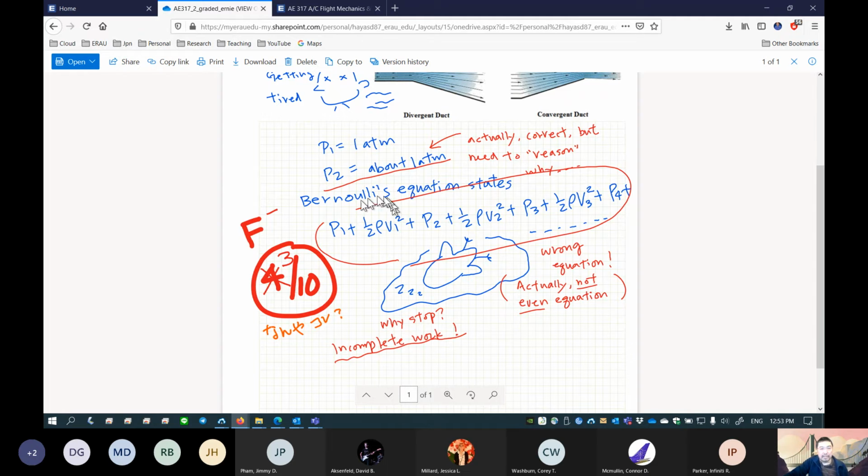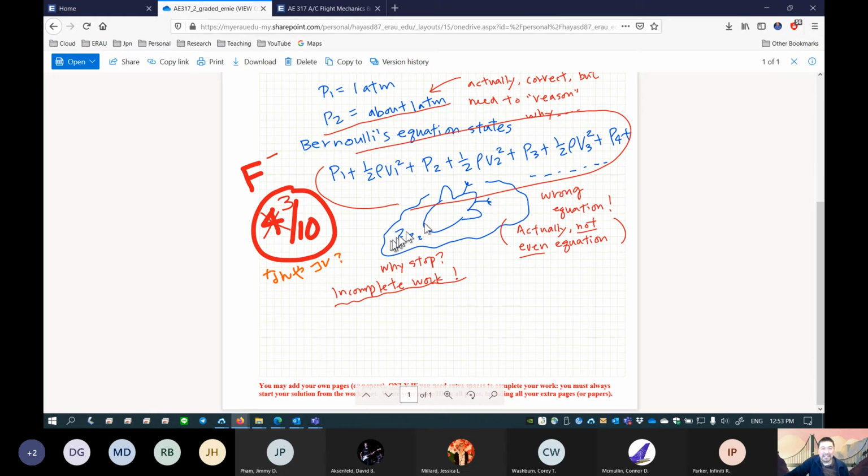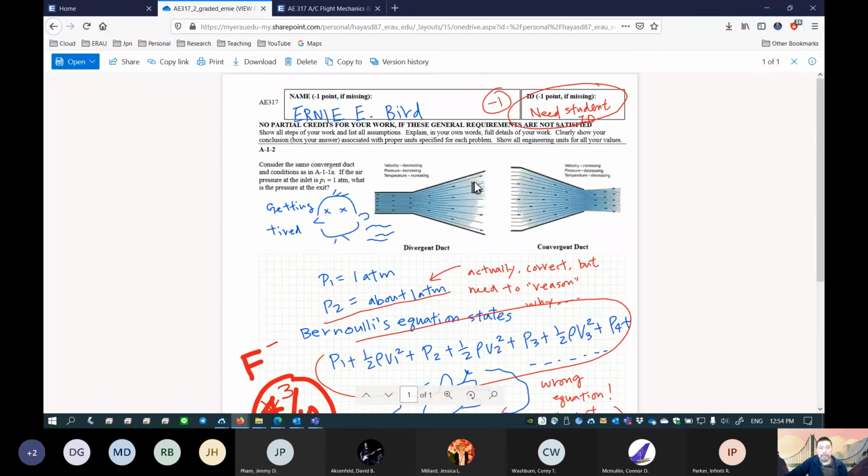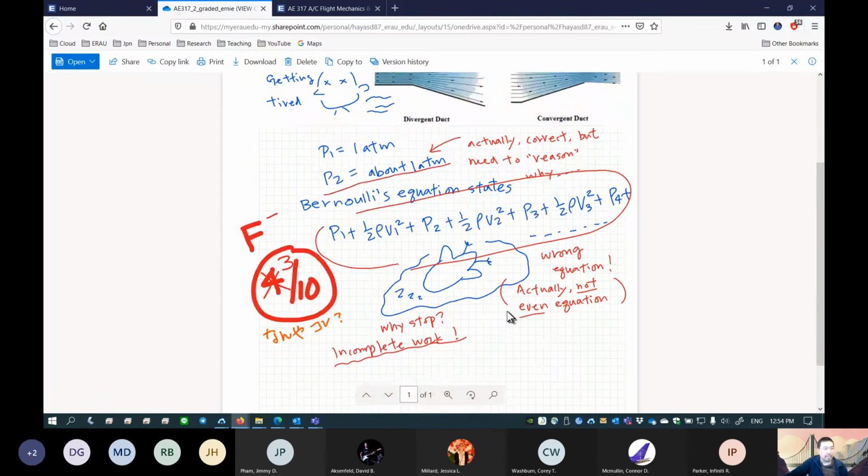And then this looks like an equation, but this is not even an equation. It looks like Bernoulli, but it's not Bernoulli. It's a wrong equation, actually not even an equation, because there's no equal sign. And then incomplete work. So Ernie's got 4 out of 10, but minus 1 deducted, 3 out of 10.